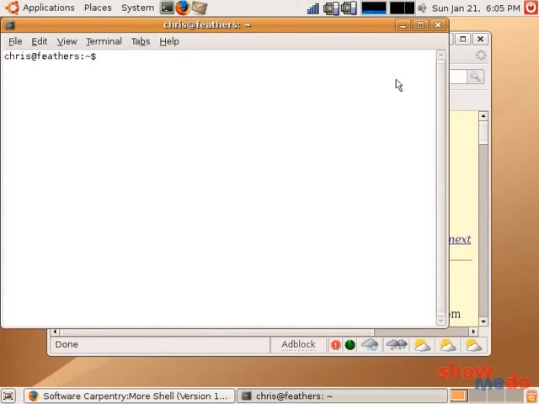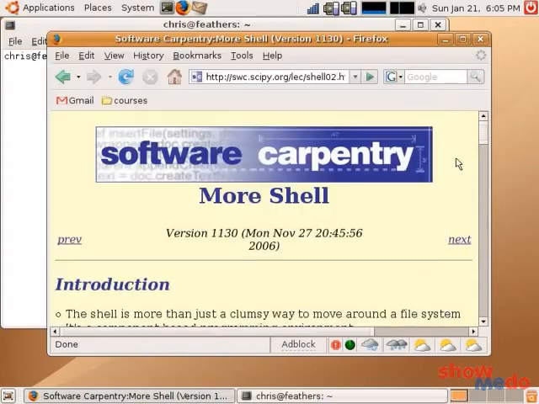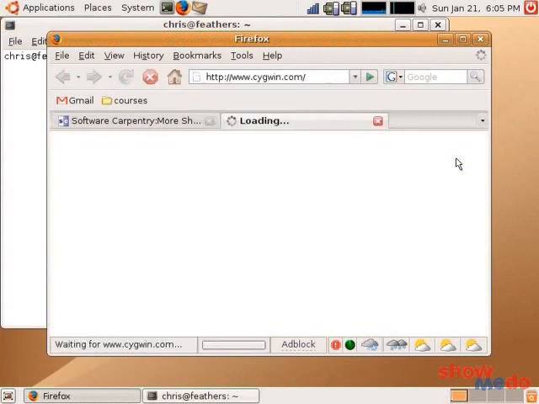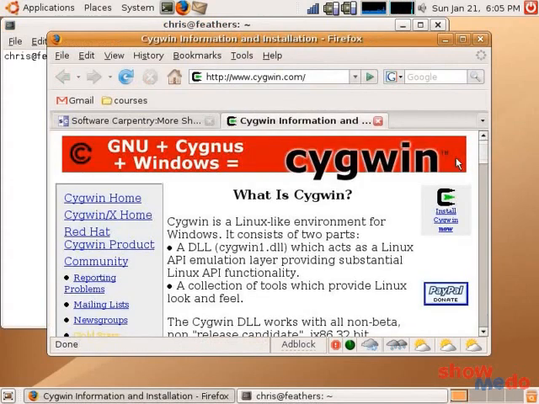And for Windows users, the tools that we'll be using here aren't available by default, but you can download them from Cygwin.com. Cygwin is essentially a Linux distribution that runs on Windows. So you can download and install this for free, and I highly recommend it. I've used it before, and it's a wonderful tool. So our Windows users are going to need to get this to follow